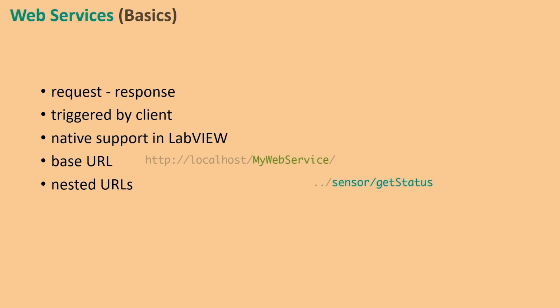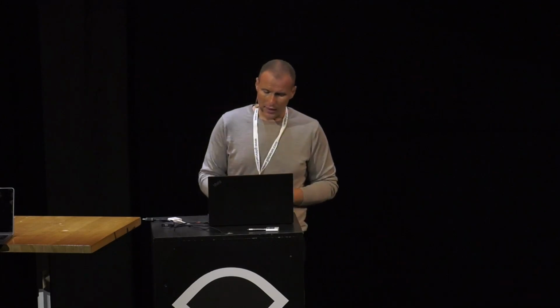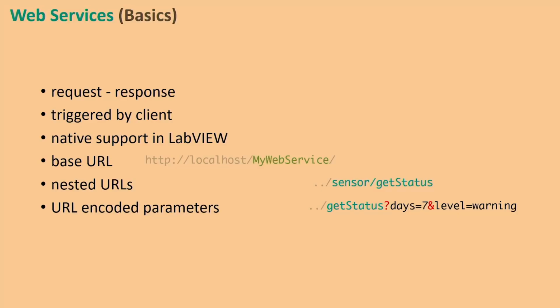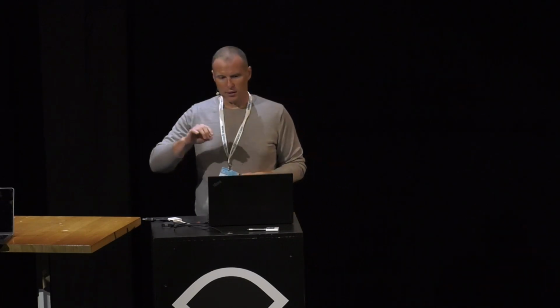They can be nested. So if you need to organize your API somehow, split it into parts, like sensors and actuators, you can do that by simply putting another slash in the URL, and this way you organize the stuff on your API. And they can accept parameters. So if there is a need to pass some data to the method, you can just encode it in your URL by placing the question mark at the end of the endpoint, and then